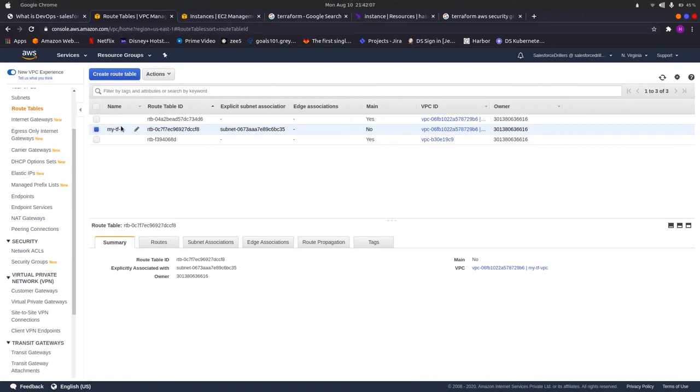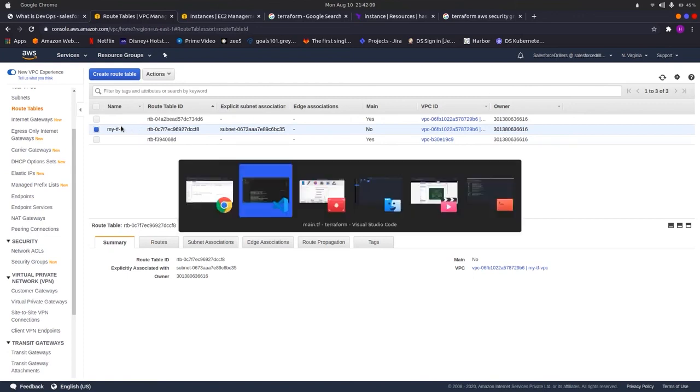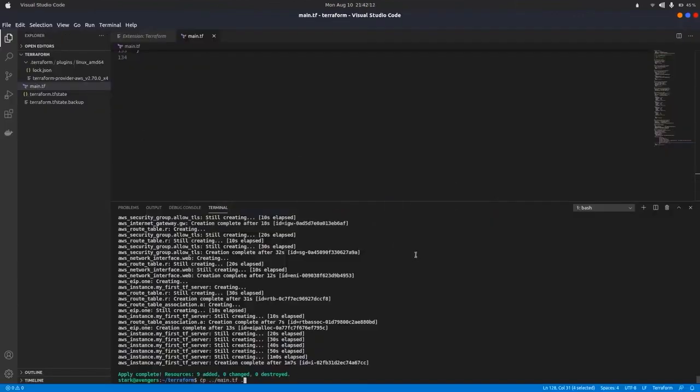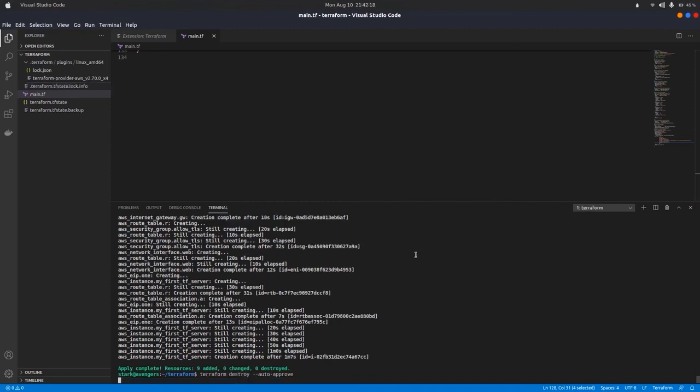So let us again delete all these resources. For that, just simply write terraform destroy. Now all these resources will be terminated. So this is how we can use Terraform. So I hope